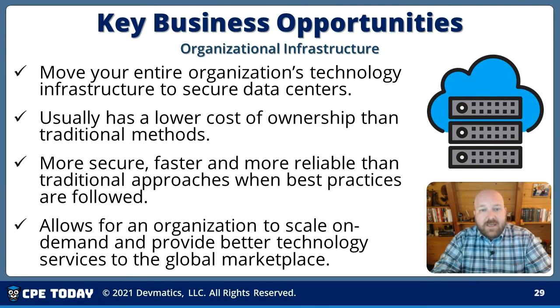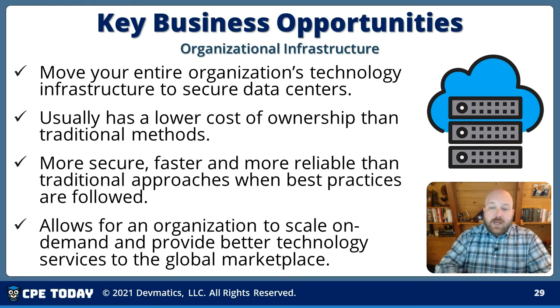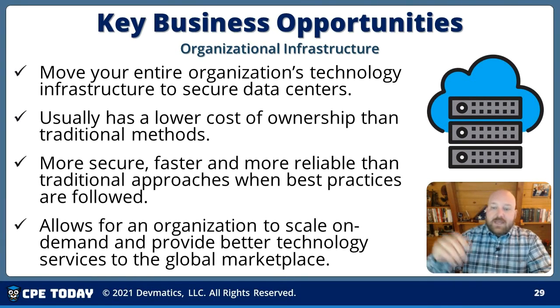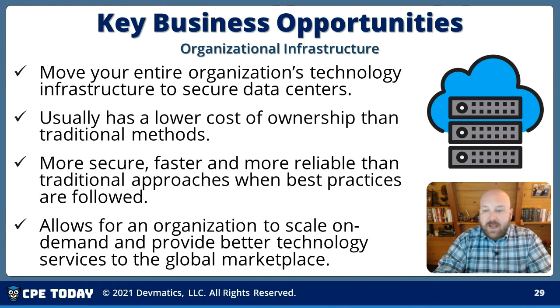If you utilize cloud-based technology, you can actually move your physical infrastructure from your office to a data center hosted by a company like Amazon or Azure or something like that. What's great about this is that the data now is 100% in the cloud. Everybody is remote essentially, in the context and perspective of that data. Typically, it has a lower cost of ownership compared to traditional methods when you take into account the lifespan of